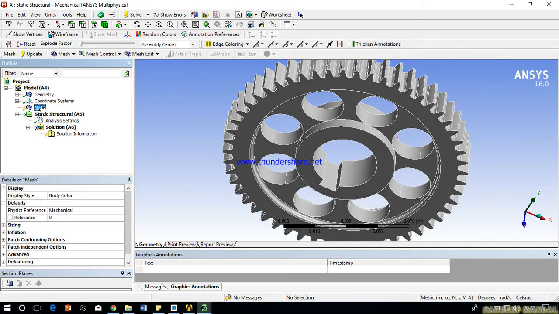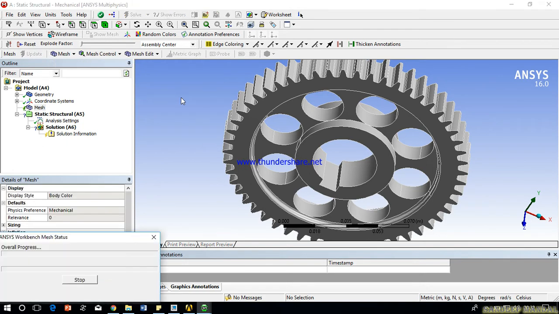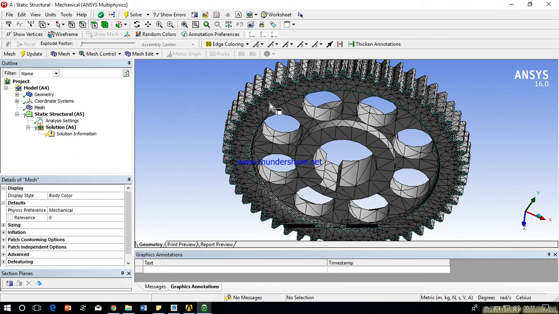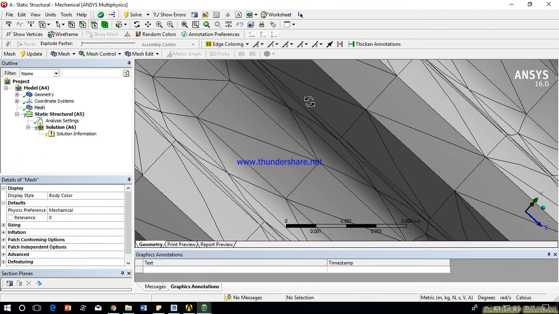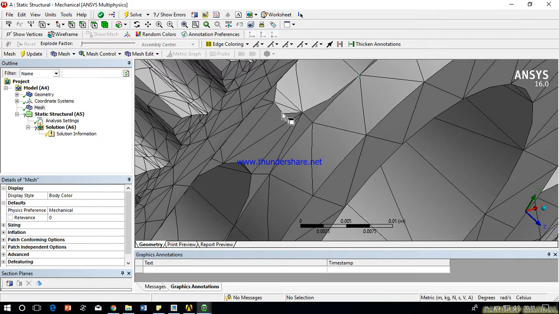So in this, the total body will be divided into small chunks, and every element or cell we call a shell. So this is the shell portion. If we look in depth, some are triangular, some are rectangular shells. In the back-end calculation, it is generally applying Mohr's circle theory for complex